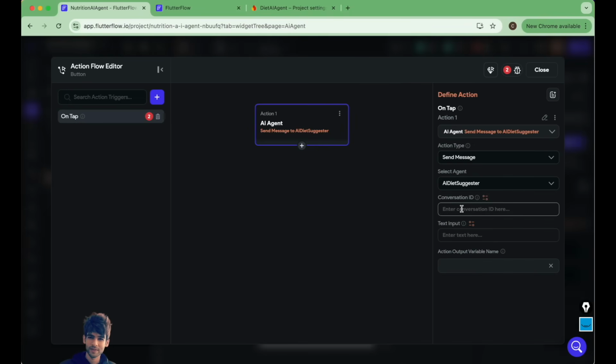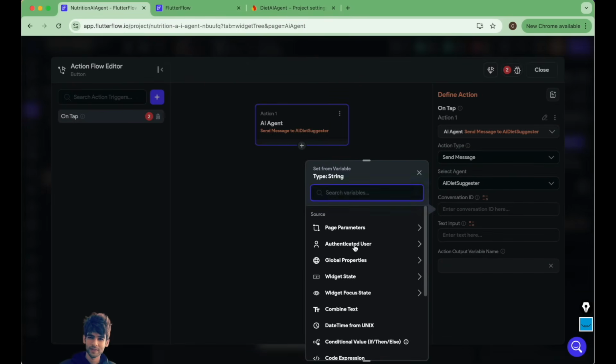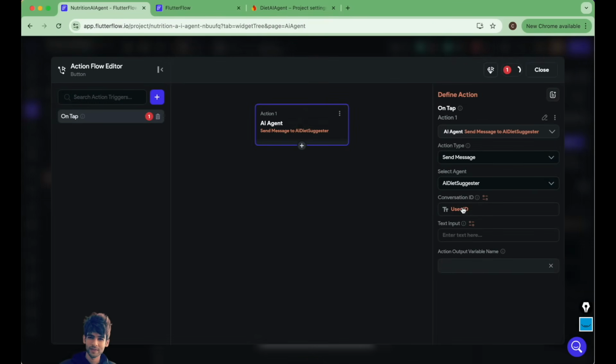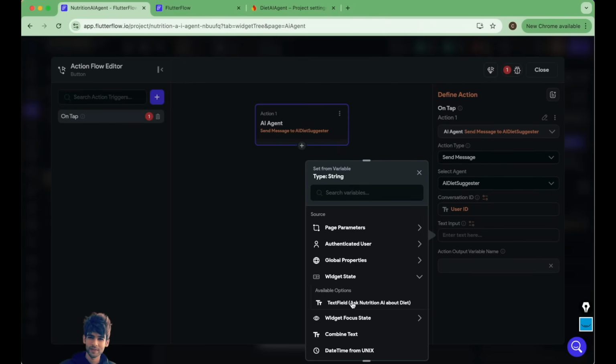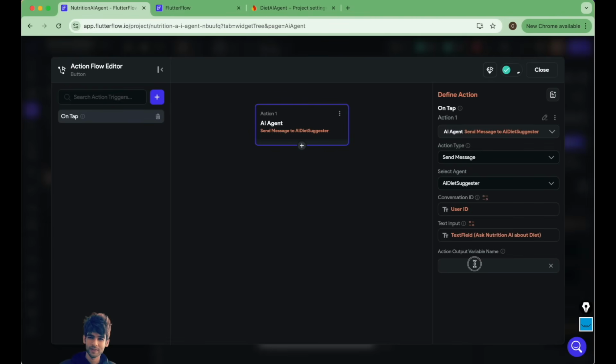You can give the conversation ID anything. So what I will do is I will use the authenticated user ID as a conversation ID, and for the text input you can select the text input from widget state and the text field which we have added. Okay, and the output response we will get is AI response. Okay, so that's how you can integrate the AI agent and send message to the AI agent, AI diet suggester,